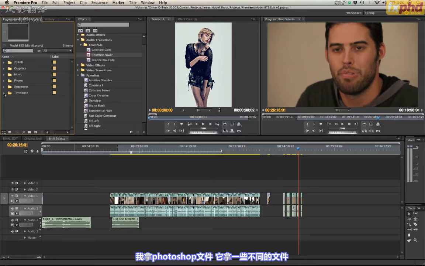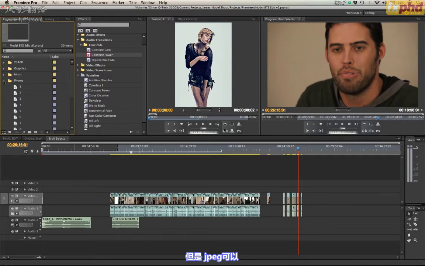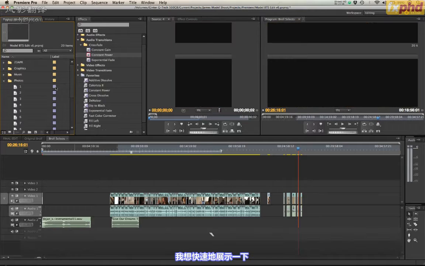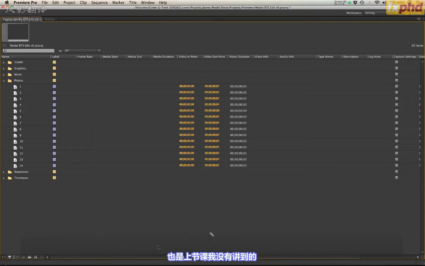It takes Photoshop files, it takes a bunch of different files, so you just have to find the ones that do work, but JPEG's fine. And once you have these in, they're going to be very, very large files. One thing I wanted to show everybody real quick, and this is something I didn't necessarily cover in a previous class,